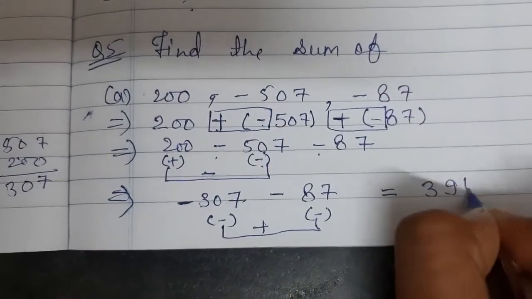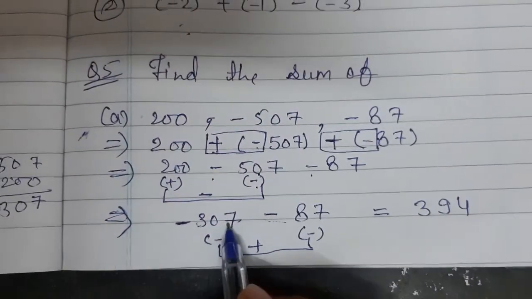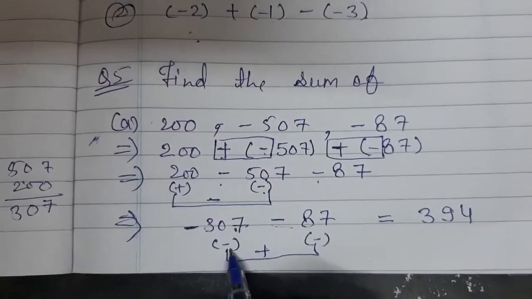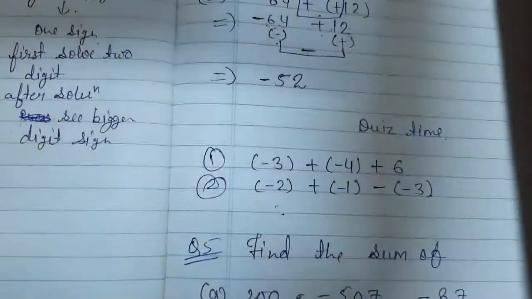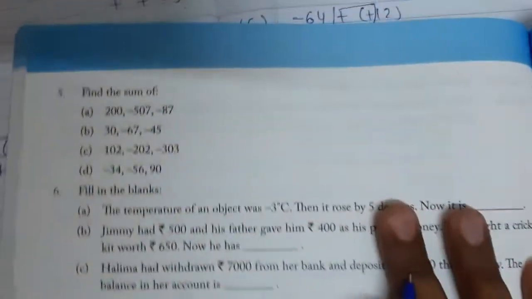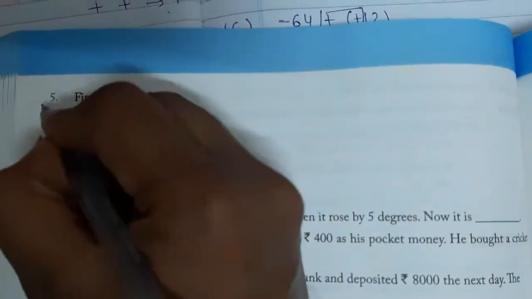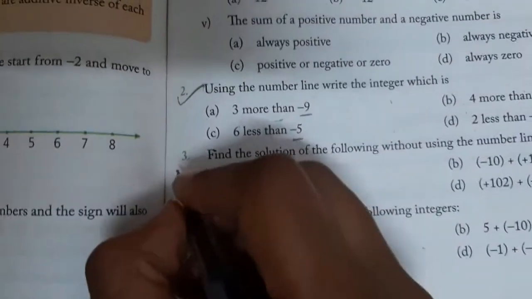Here I am writing the answer 394. The bigger digit is 307, so you put the negative sign. And the remaining question you have to do like this. Any problem you can ask me. Question number 5 as homework you have to do, and this question number 3 in exercise